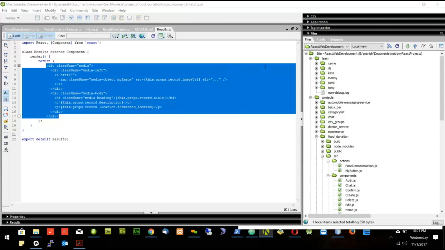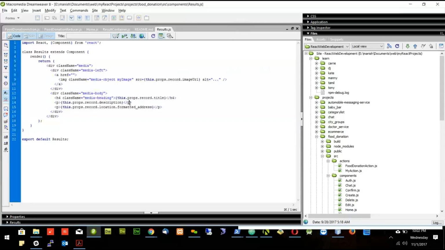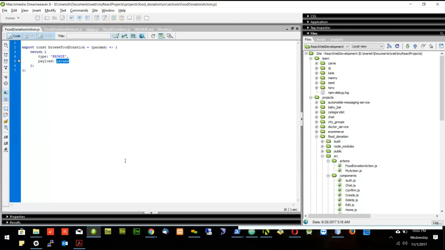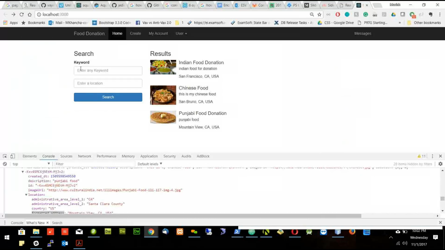So now we will try to manipulate this data a little bit more. So what we will do, we will assume that the user is sitting in San Francisco. The person who is searching is sitting in San Francisco. In the practical world, the user will put the location here, that I am sitting in Santa Clara maybe. So when he says Santa Clara, I will assume that the user is sitting in Santa Clara